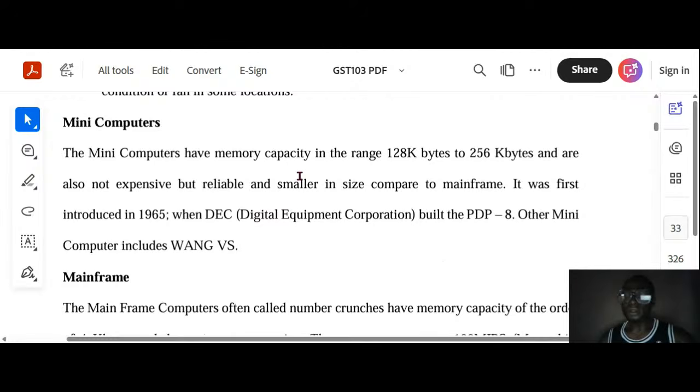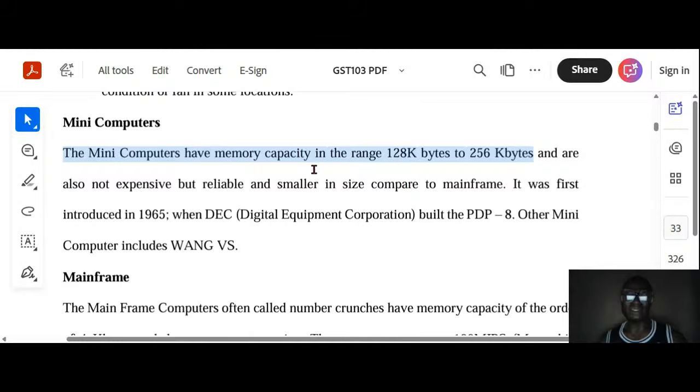So we'll go to minicomputers. Don't forget that the first type of computers we talked about were the microcomputers, but the major example given under it was the personal computers. So when you talk of microcomputers, your mind goes straight to your laptop, your personal computers that you operate, your palmtop, your notebook, your laptop. So the second type we will talk about under capacity are the minicomputers. And there is a question in TMA that was also from this unit.